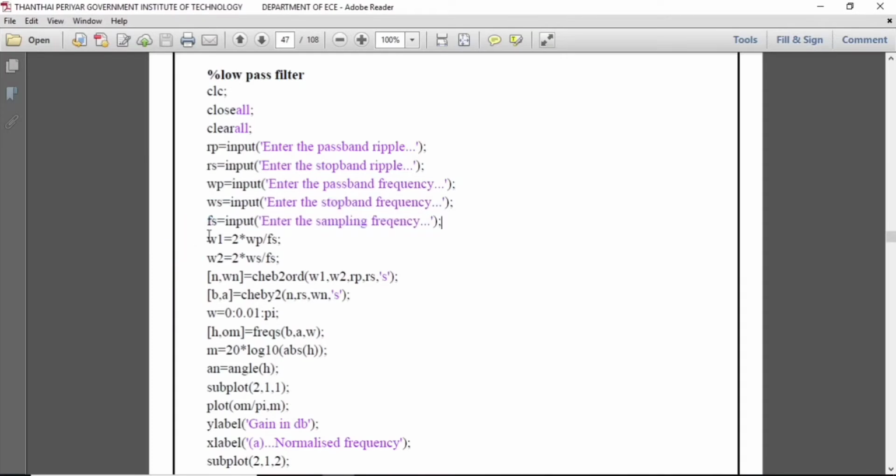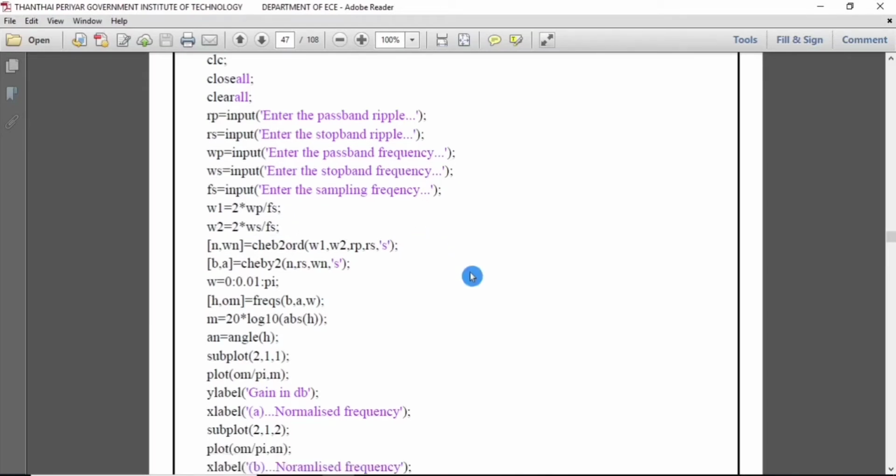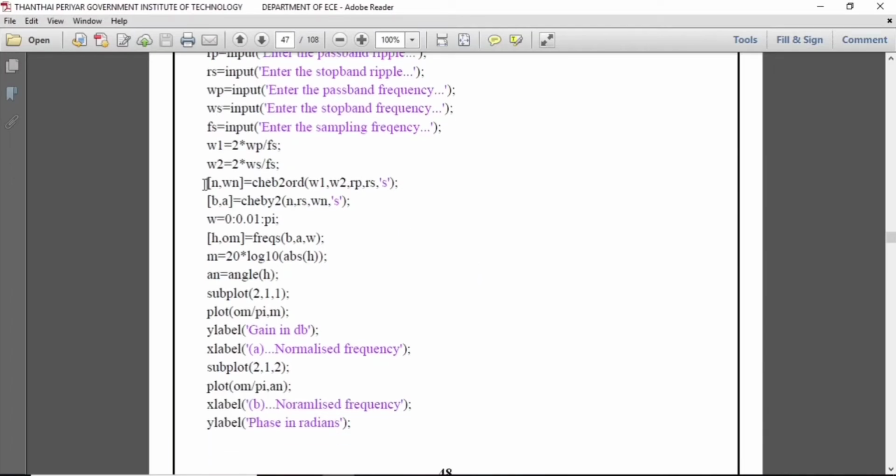Then two cutoff frequencies, omega 1 and omega 2, are given, where omega 1 is 2 into pass band frequency divided by sampling frequency, and omega 2 is 2 into stop band frequency divided by sampling frequency. The next line, [n, wn] = cheb2ord(W1, W2, Rp, Rs), returns the lowest order n of Chebyshev filter type 2.